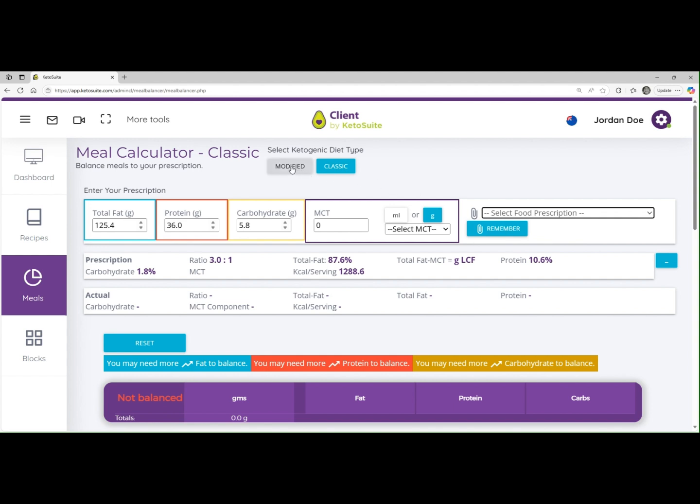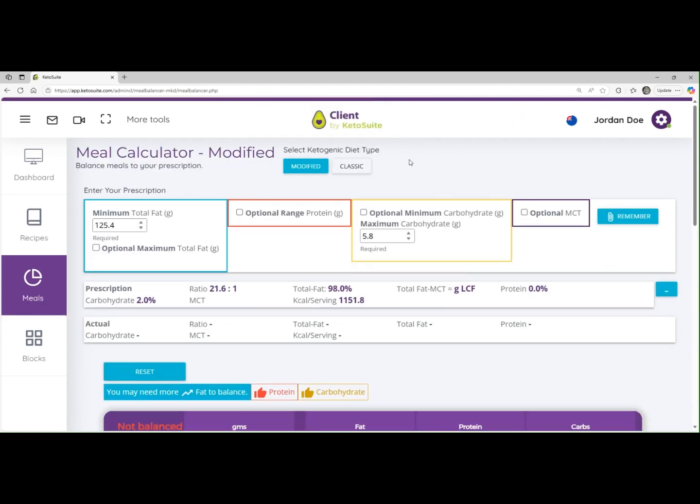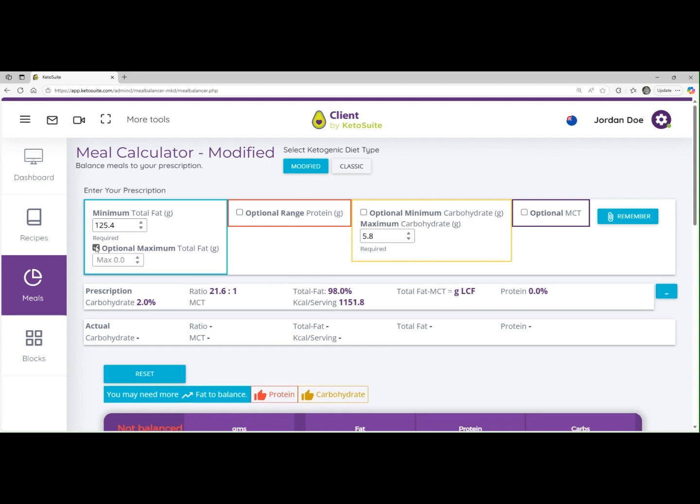If we go to the modified prescription entry, this is a little bit different. So if your dietitian has prescribed a modified prescription for you, they may have given you a minimum fat and a maximum carbohydrate. And those are the two numbers that this entry has to have, just those two numbers at the very least. Beyond that, you may have been given an optional maximum fat, so you can put in a